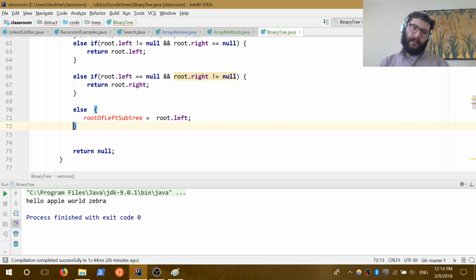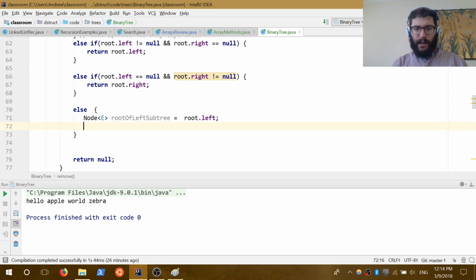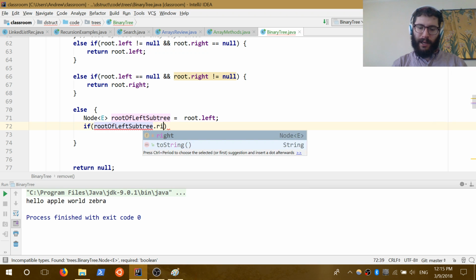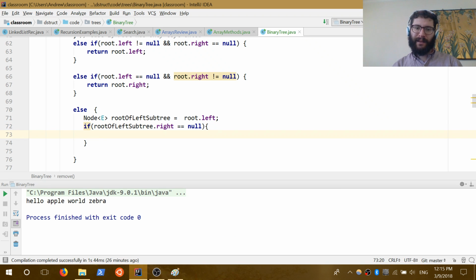So here we have a bit of a condition. Oh, I have to say what kind of item it is. It's a node E. Okay, so first things first. So I went one to the left, now I got to go all the way to the right. So got to make sure there is actually something to go to the right to. So if the root of the left subtree, if its right subtree is equal to null, well, then I've basically found